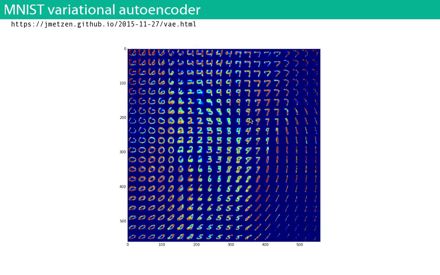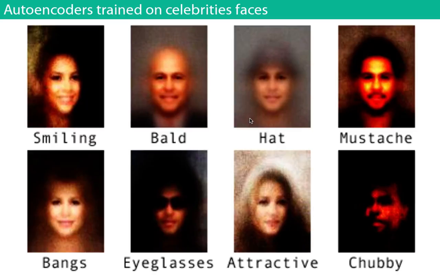Let's just get into the eye candy. It's going to be stick figures. Okay, so what you can do is, this is trained on faces, labeled faces in the wild or celebrity faces, which are labeled like smiling, bald, mustache, and so on. And these images are generated by the autoencoder. So these are not real faces, as you could probably tell, right? They're just generated from tagged images, and the autoencoder learns the representation, which is able to then produce fake faces, basically, according to these different categories.